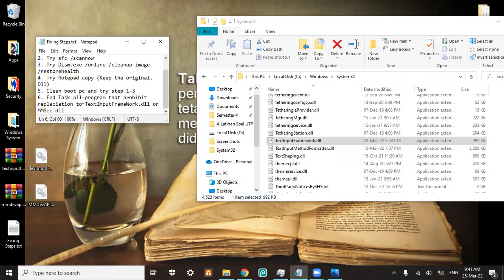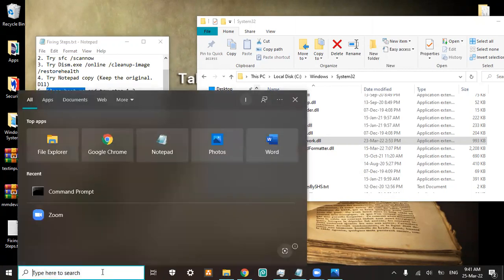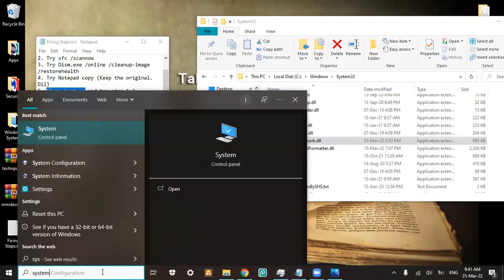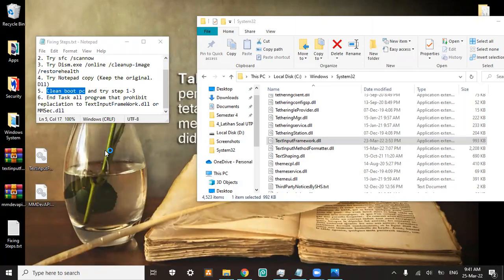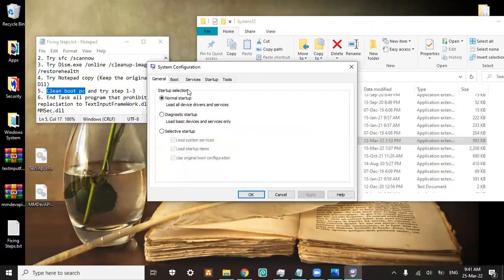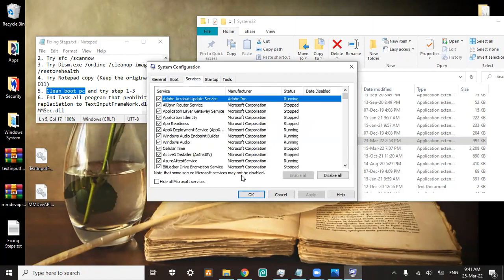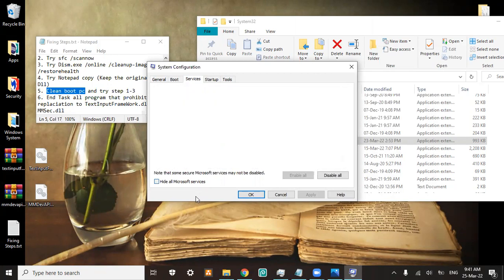So I tried the last one: clean boot the PC, and try steps 1 to 3. So I clean booted my PC. How to clean boot a PC? First, you must find the system configuration. After that, you go to the services and hide all Microsoft services. Don't disable Microsoft services. Just disable the other services besides Microsoft.